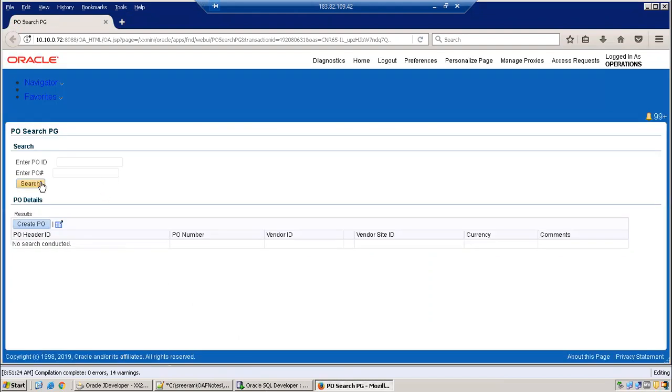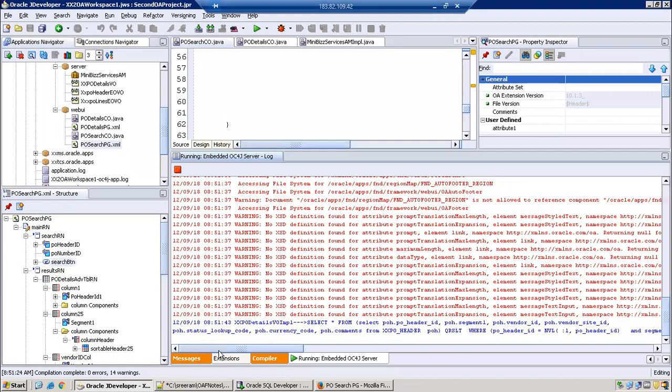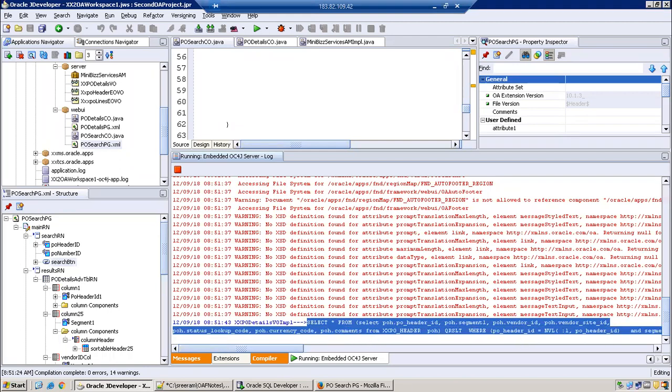Let's say without entering data, I'll click on search and see what happens. Can you see? We got the 2 records. Let's see what the query is at runtime. Just copy paste this query. This particular logic helps a lot generally.